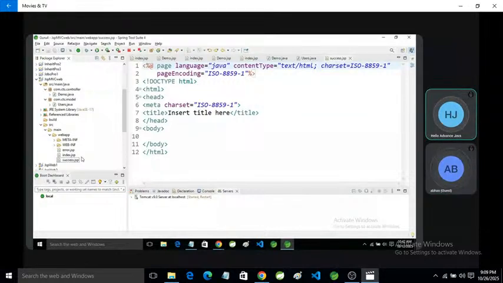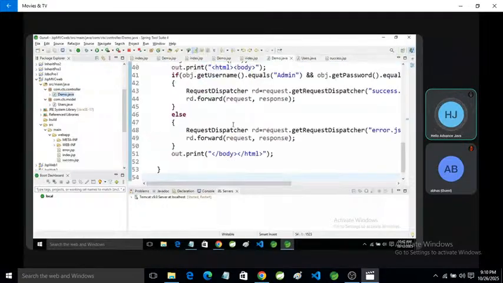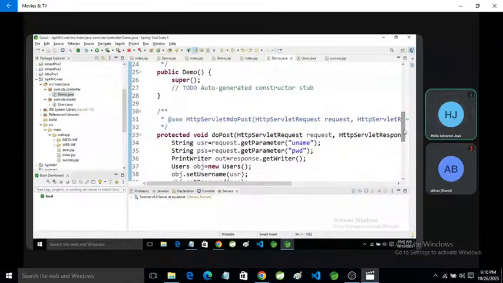In future we will use Spring and Spring Boot, and in these frameworks also we will use JSP as a front end. Here we are using a simple method for MVC. But suppose we want to insert a record in the database, fetch a record, update a record, or delete a record. We can perform a lot of functionalities.